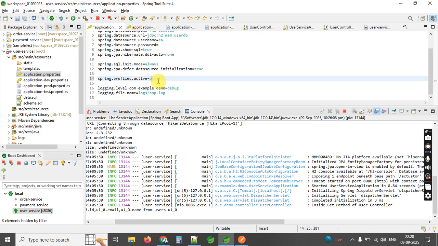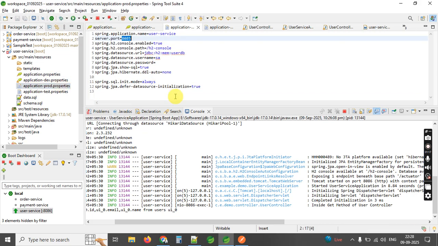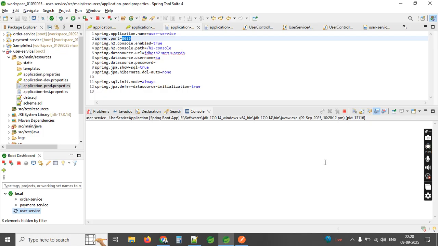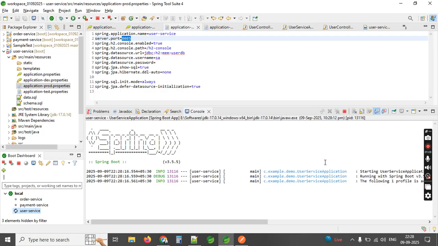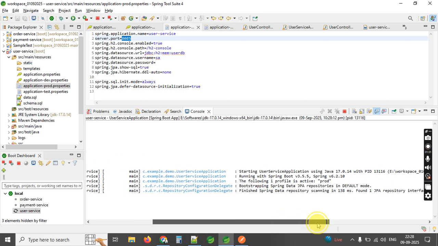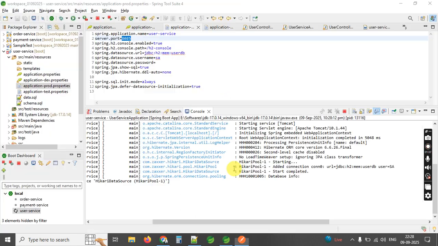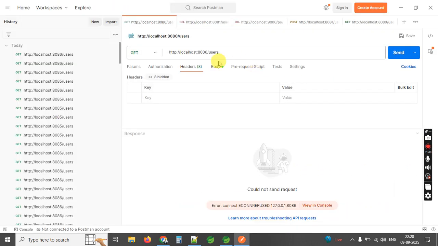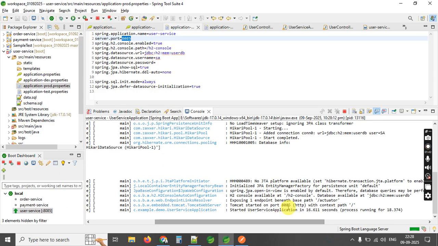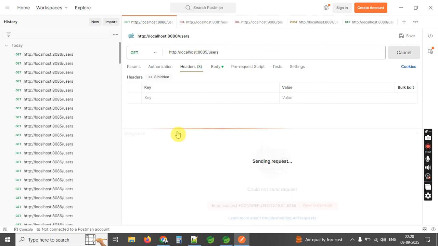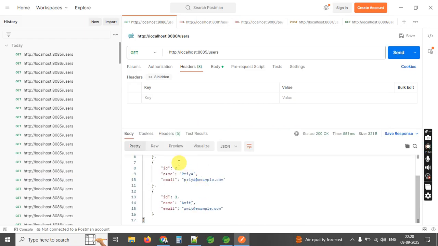So what we'll do here, we'll change the profile to production, which is on 8085. We'll run it directly. No need to change anything else, because if you change the application properties, we can directly run the project; there is no need to compile for application properties. Previously it was running on 8086. Now it is starting, that's why it is showing blank. Now 8086 is not running, which means it is working on another port. If we check 8085, it is working, confirmed. So we got the data.